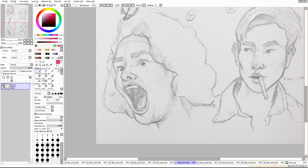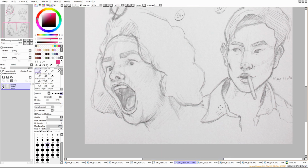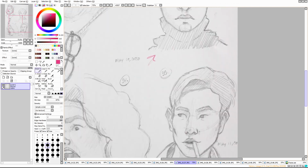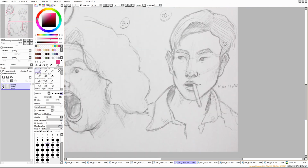I just decided to add the lines just to see if it would work, and I feel like it does. But again, I think if I wanted to really push the expression even more, I probably shouldn't have put the line there. And then, let's see, we're on May 11th, which is what this guy started off,